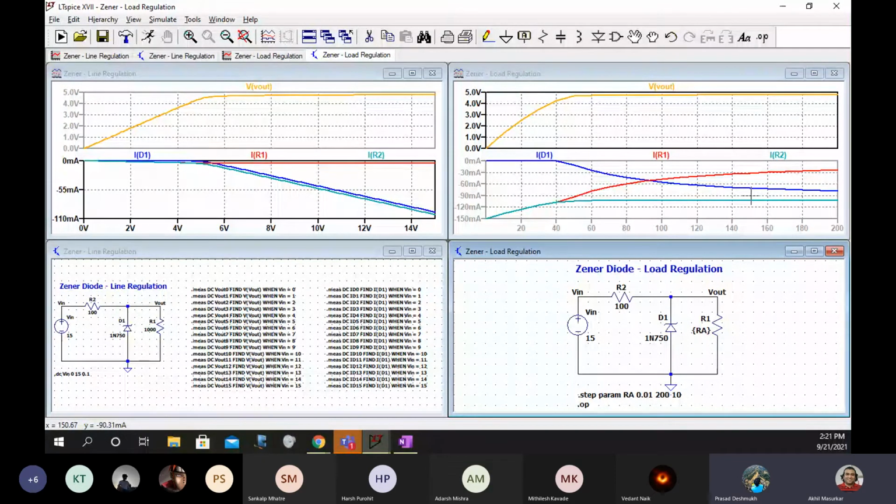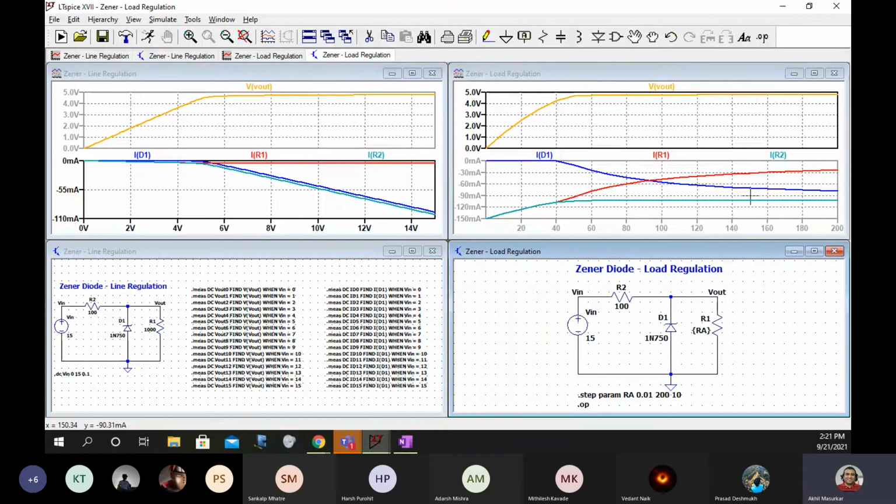IV1 is constant. IR2 should be constant. IV1 is the same as IR2.